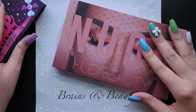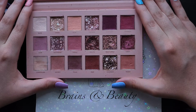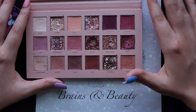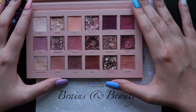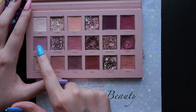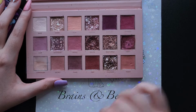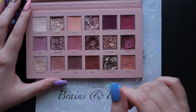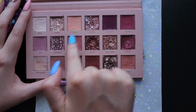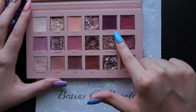Since I mentioned that look with the Huda Nude palette, let's talk a little bit about this. So I used this palette 16 times, which is really, really good for me. And it's almost double the amount of times I used it in 2021, which was 9 times. But those times in 2021, I just reached for this palette for these 3 shades, like this one, and this one. So when I rolled this in, I really wanted to make sure that I'm getting more use out of this, especially this area, because whenever I would reach for this, it would mostly be this lighter area. So this month, my most used shade was actually Love Bite, which kind of makes sense